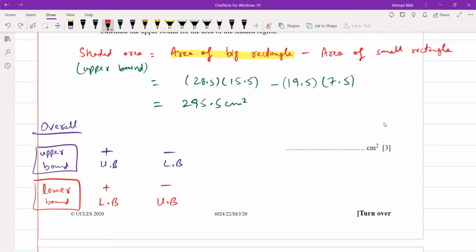अपर बाउंड। And the same is the case for when you have a fraction as well. फ्रैक्शन है आपके पास, उसमें एक चीज ऊपर है, एक चीज नीचे है, उसमें भी अब यही प्लस माइनस की जगह आपके पास अगर कोई चीज न्यूमरेटर के अंदर है, something is in the numerator, तो उसकी अपर बाउंड लोगे। If something is in the denominator, उसकी आप लोअर बाउंड लोगे। You can actually do it like this. अगर कुछ आपके पास यहाँ पे न्यूमरेटर में होता, उसकी आप अपर बाउंड लेते। अगर यहाँ पे कुछ डिनोमिनेटर में है, उसकी आप लोअर बाउंड लेते। इसी तरह से यहाँ पे कोई न्यूमरेटर में होता है, उसकी लोअर बाउंड लेते, डिनोमिनेटर में होता है उसकी आप अपर बाउंड लेते।